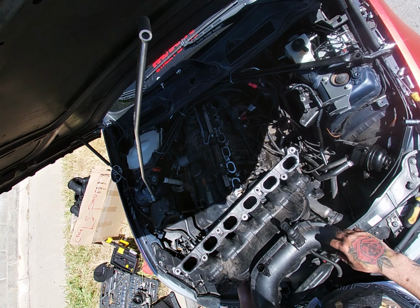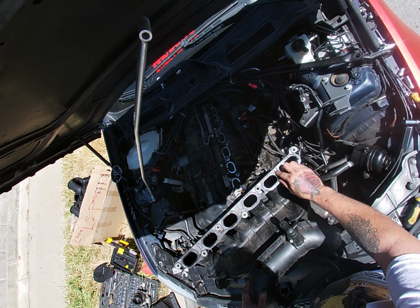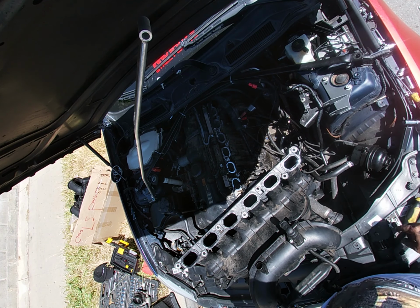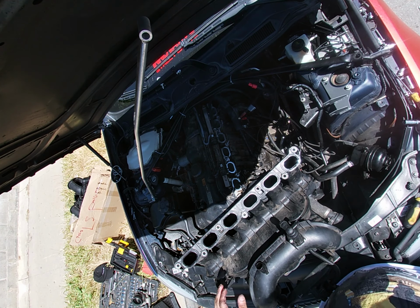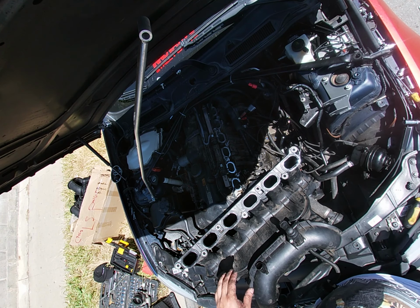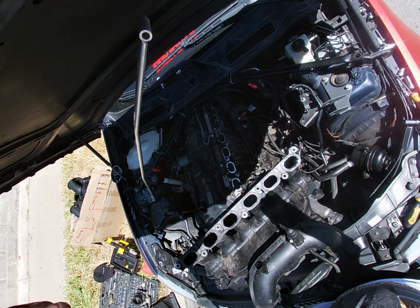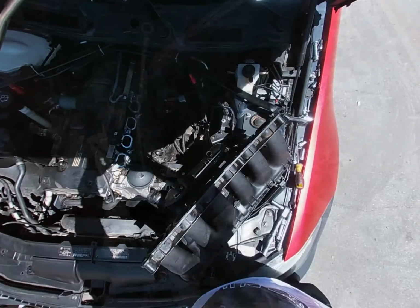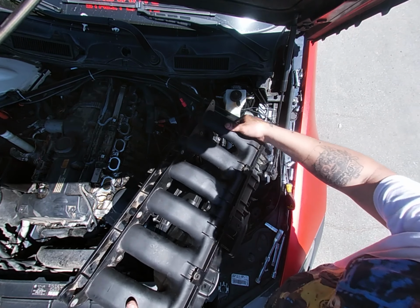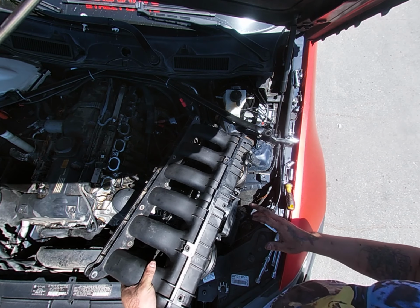Oh, and also, if you're gonna do this, I bought the new seals for these, and also for the throttle body. So I'm gonna go ahead and do all that right now, and then I'll show you when I'm installing it again. All right. Okay, so now I went ahead and switched everything over, and pretty much I'm gonna reverse the